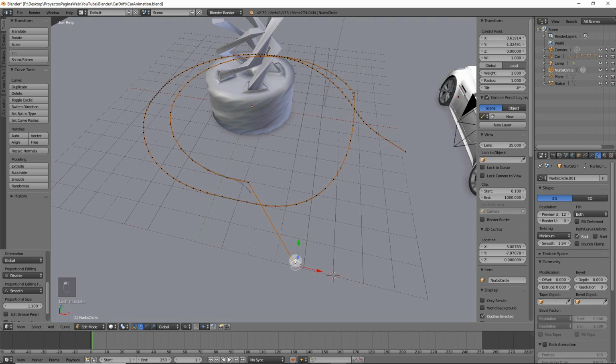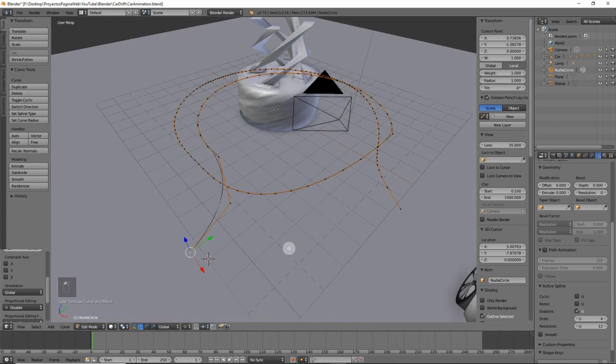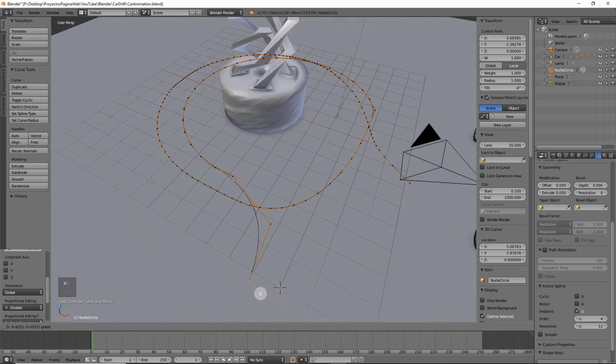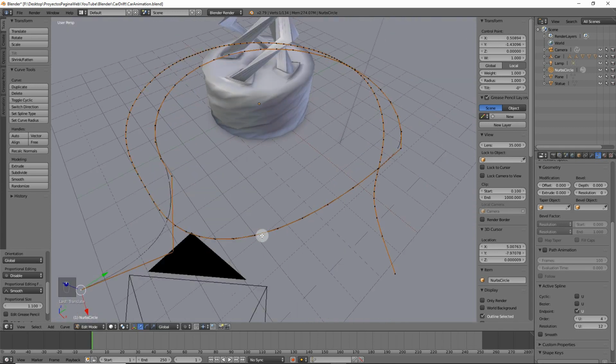And then we see again that the curve is following the tangent of the control points. So we're going to get it a bit closer. Then we're going to select this one again. We want to make it end point as it was. But that's it. That's going to be the path. Let's move it a bit more here, and then perfect. So we have already the path set.